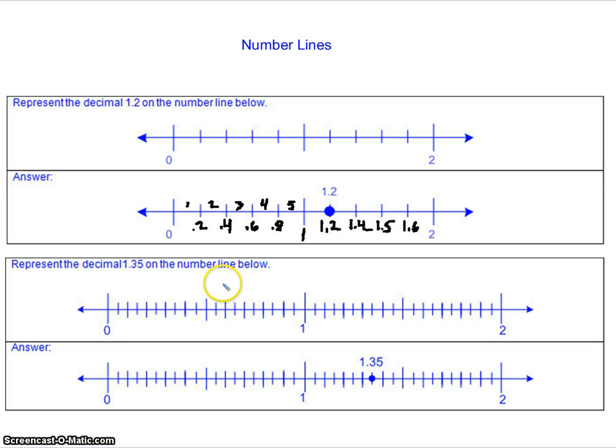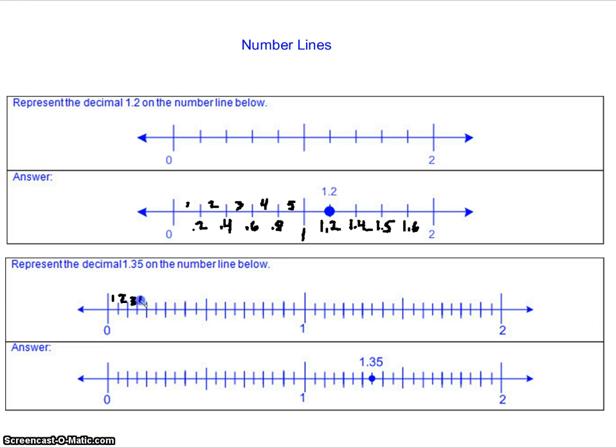Now, on the second example, we're looking at placing the decimal value 1.35, or 1 and 35 hundredths, on the number line provided. Now this one's already detailed out a little bit more for you. You have the 0, the 1, and the 2, but notice you have quite a few more markings in between each of the values. So to figure out what each of the markings is worth, again, we could count how many sections there are. Okay, so this would be 1 section, 2,